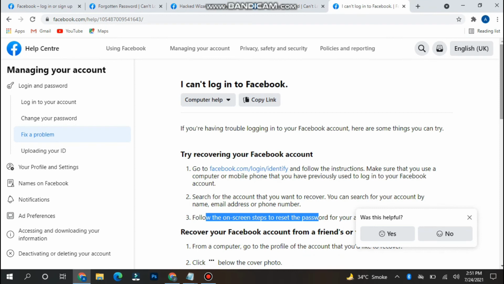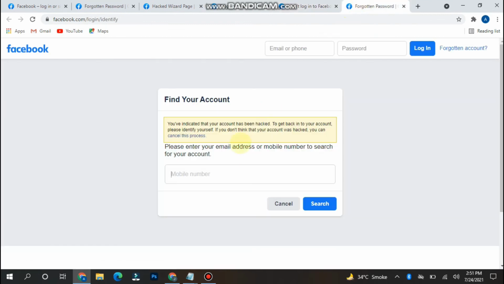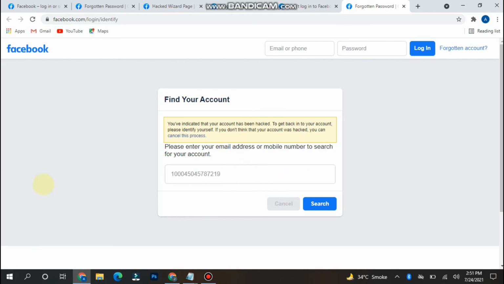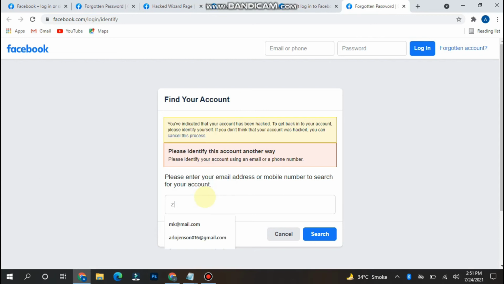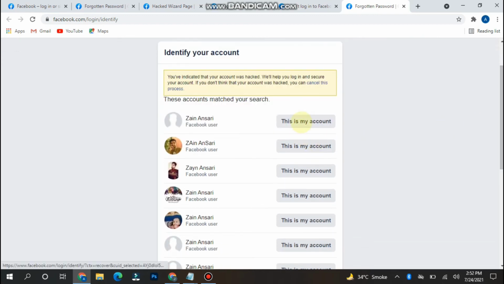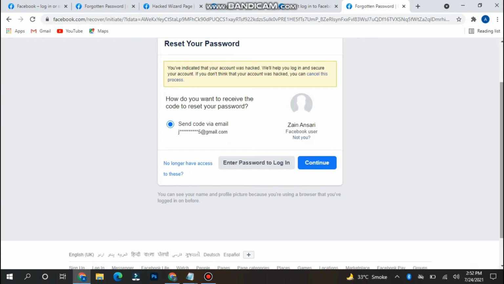Okay, now we can simply go to facebook.com/login/identity, and it will redirect us, so again enter the 16-digit code and search for it. Now you can search with the name. So maybe you will find, okay, this is my account. Here I will find my account. Okay, now you will see your account is here. Send code via email. So no longer have access to these, so tap on it,